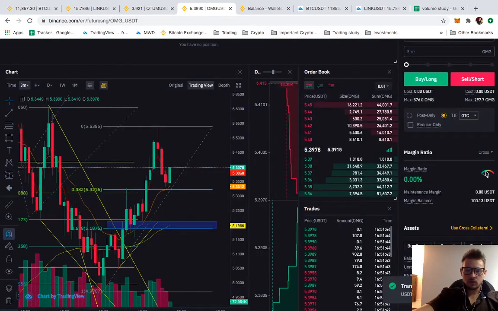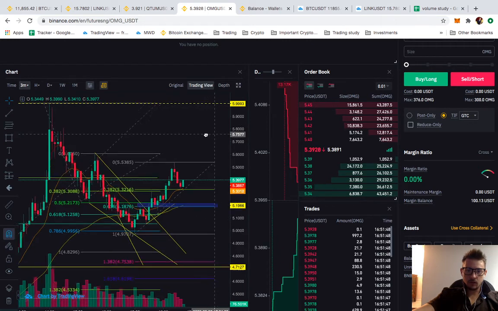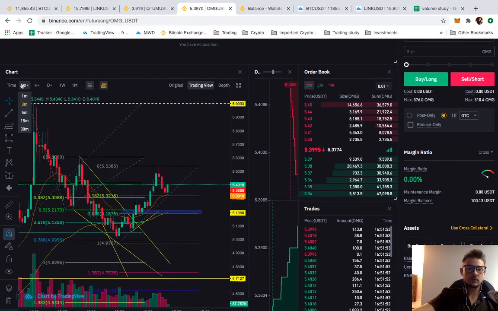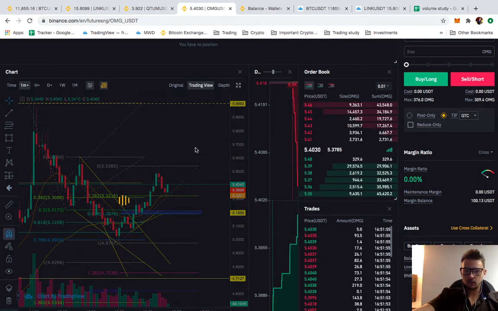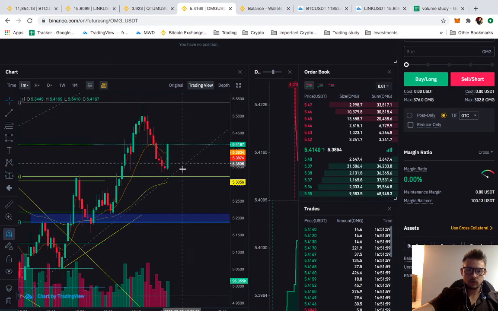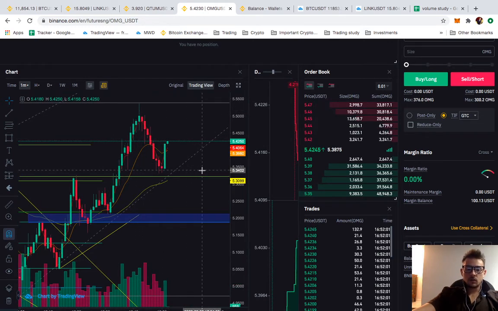If you have any questions, like I'm thinking that this is gonna break out here with the cup and handle, the 382. So if anything, I would long it. Let's take a look at the 1 minute chart at the times of volatility and just understand what's going on, right? So it's a good thing that we got out of this trade,